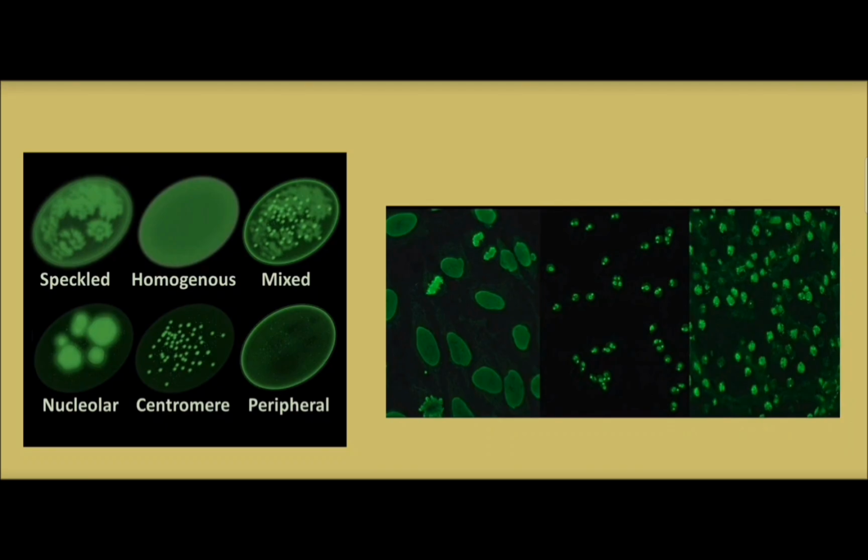On the right side, this image shows actual HEp-2 cells under a fluorescence microscope after incubation with the patient's serum. The bright green fluorescence of the nuclei indicates the presence of anti-nuclear antibodies in the patient's serum. In SLE, ANA positivity is seen in more than 95% of the patients, so it is a highly sensitive screening test. However, because ANA is not so specific, further antibody testing such as anti-dsDNA and anti-Smith antibodies is required for confirmation.